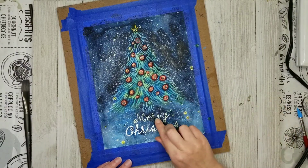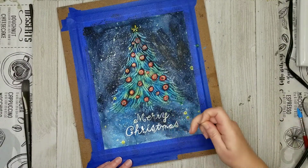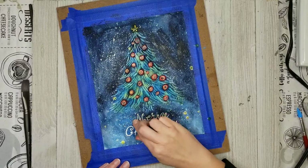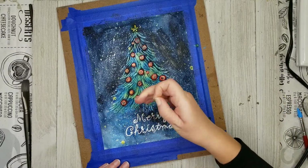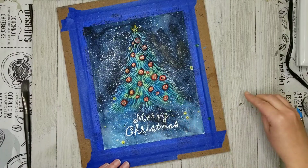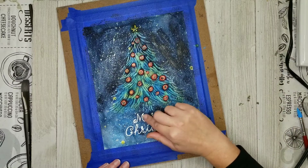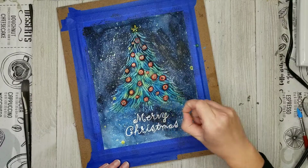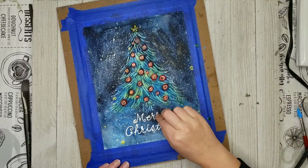But what I want you to notice is that when I start to pull up the masking fluid, I use my finger to gently rub up a corner that I can grab onto, and then I pull it off wherever I can. I can't do that with all the spatter, of course, so I'm just going to very, very gently rub with my hand to remove all the spatter. But anywhere that there is masking fluid in lines or on letters, it's pretty easy just to grab a little corner of it and then pull it off,